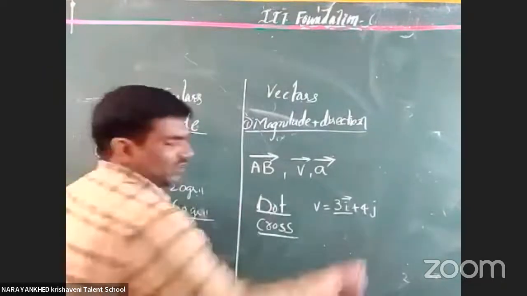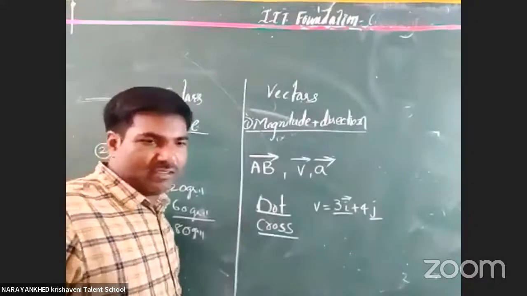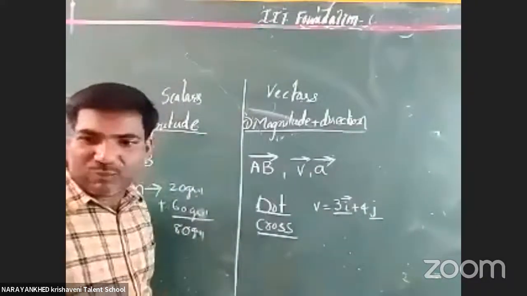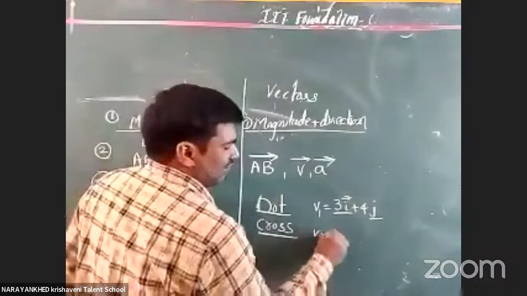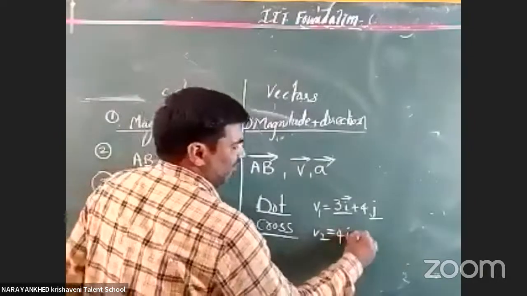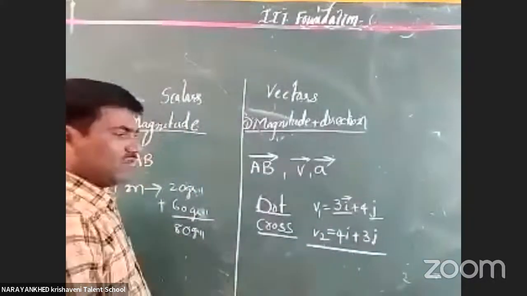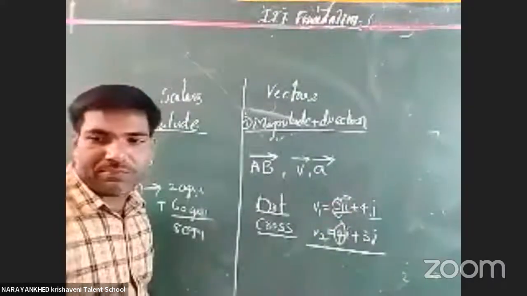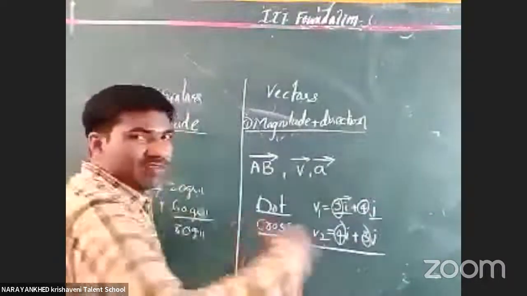Yes, the j indicates another direction; it may represent the y-axis. Okay? Yes, we do not add simply. Suppose we take v1 like that, and v2 is another vector, say 4i plus 3j. We do not add directly like this. We have to add only the components, 3 plus 4. Clear or not? We have to add the components of 4 and 3 only along the same axis,